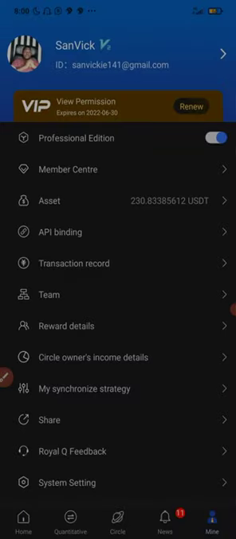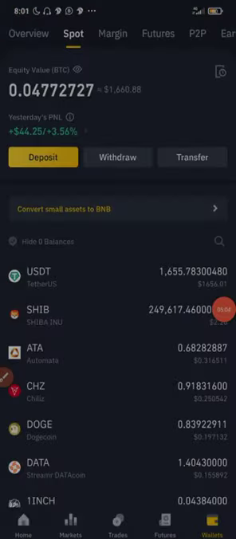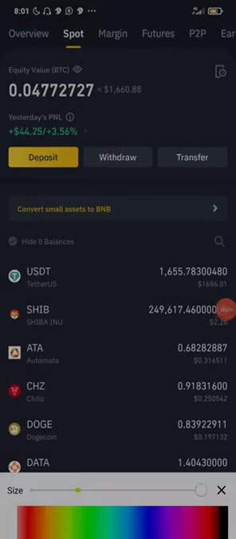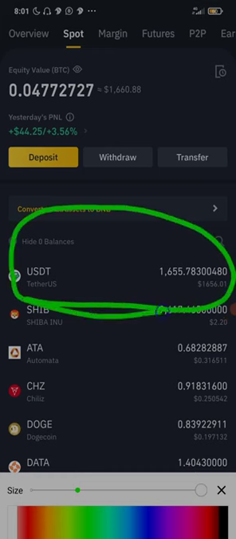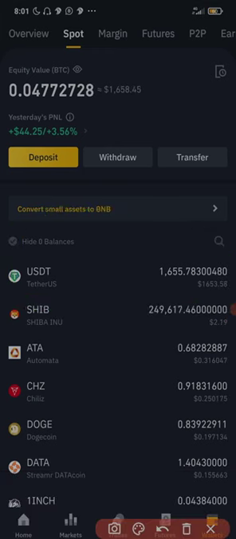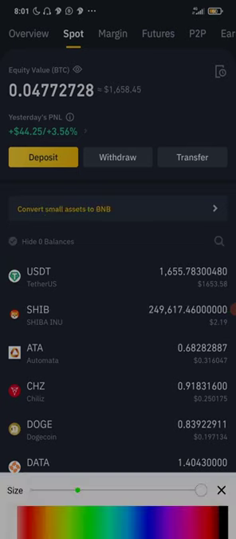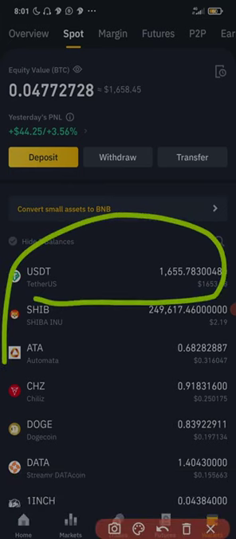Okay, so now currently I have 1656 USDT in my Binance wallet. For you to trade, for you to use the Royal Q bot, you must make sure you have USDT in your Binance account. In my previous video I actually set up trades, and I have cancelled those trades